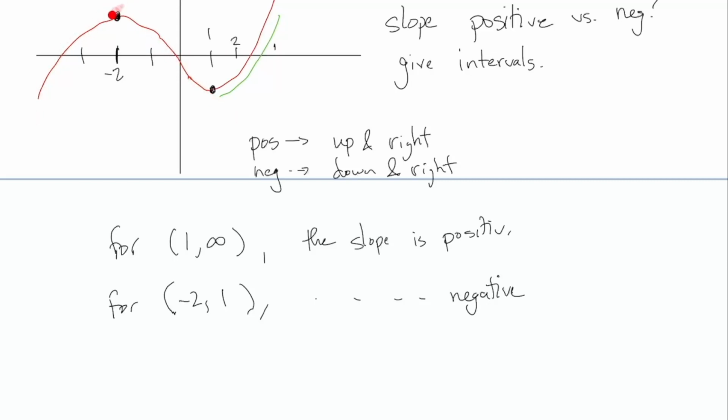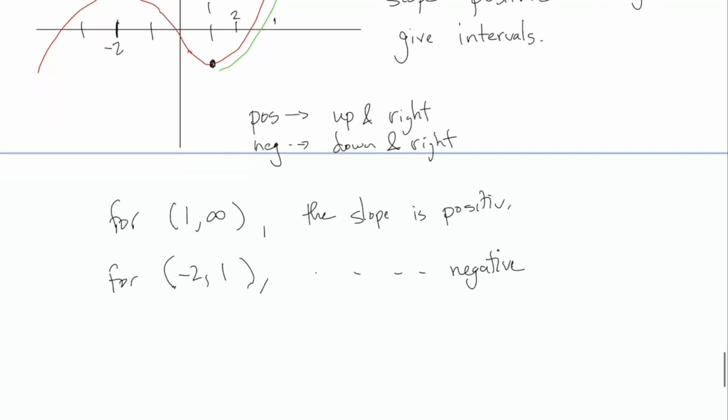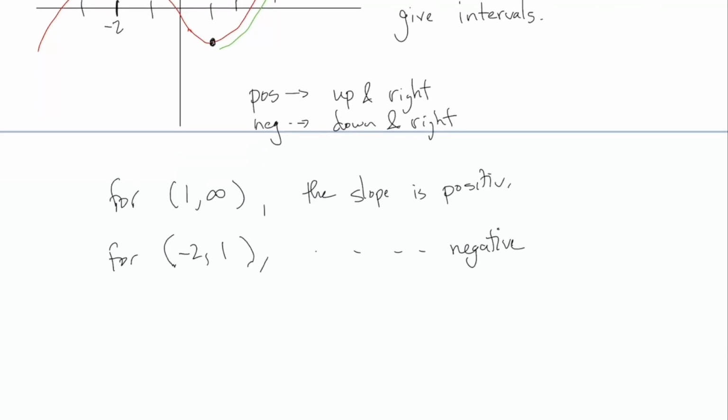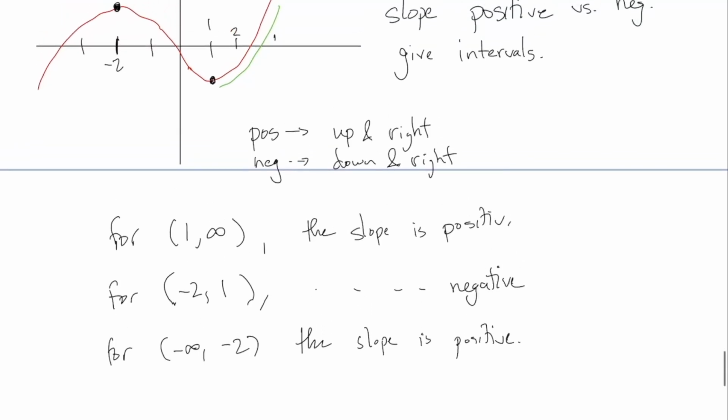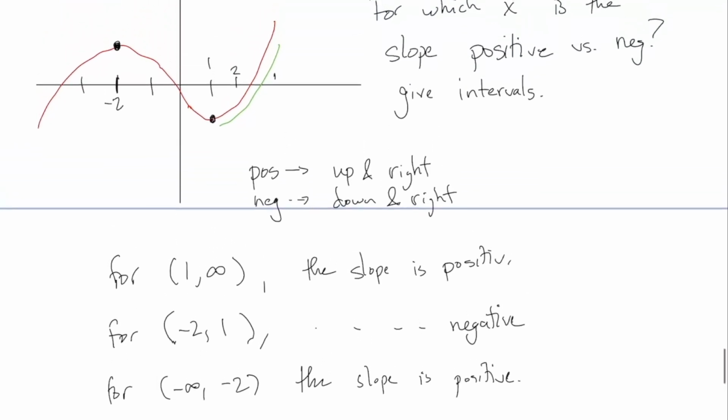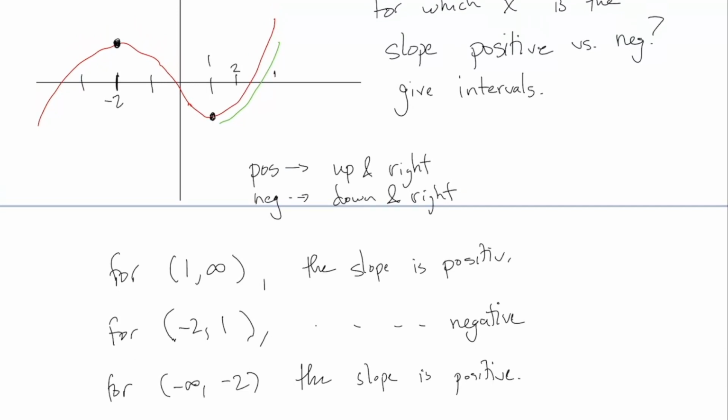And then back here, it's also positive. So that would be, if I were writing that as an interval, it would say, or -infinity to -2. That's to the left of -2, back here. Again, the slope is positive. The moral of the story is you can say a lot about the derivatives even if I don't show you the formula. Like, I never gave you the equation for this, but you can still just look at the graph and you can say a lot about it. All right, more on this next